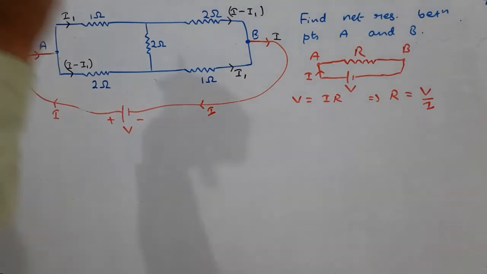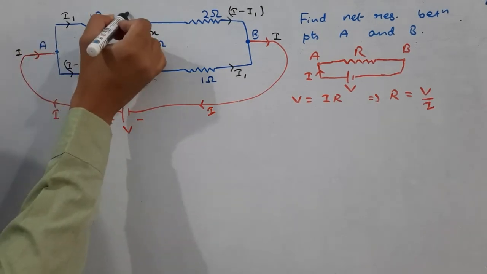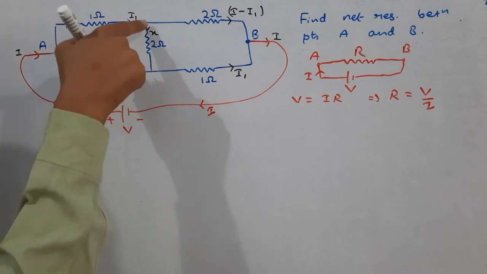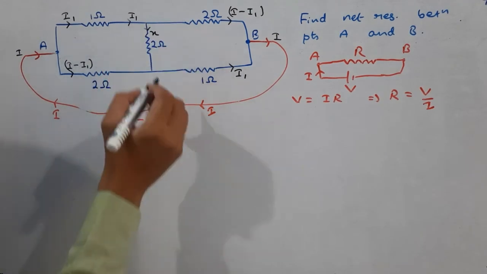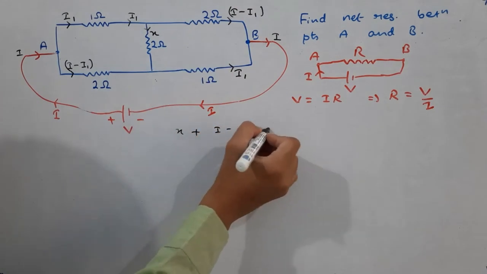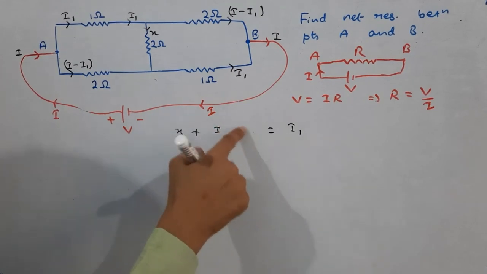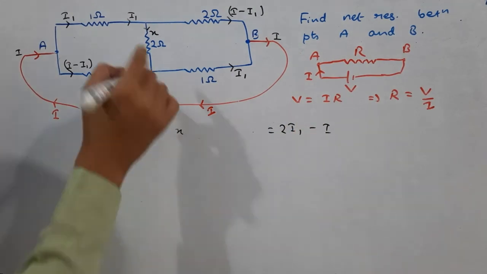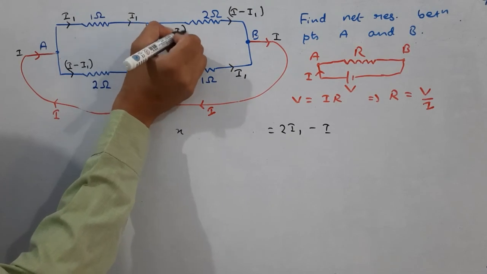Now remaining is this 2 ohm resistor. In this 2 ohm resistor, the current we don't know. Suppose this is X. Now see this one. This current was how much? I1. Out of I1, X comes through the middle 2 ohm, and the remaining goes through I minus I1. So this I1 should be the sum of this and this current. So your X plus this one, that is I minus I1, should be equal to I1. So this I1 will go that side. I1 plus I1 will become 2I1, and this I will go that side. It becomes this much. So X I will replace by how much? 2I1 minus I.